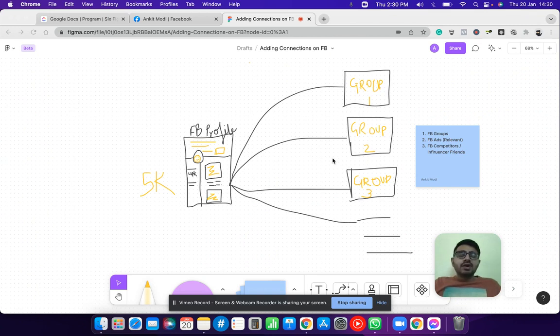But remember that not everybody who joins the group knows about what you have to offer. So if you post on these groups, right, on a consistent basis, and if new people join, then you have a chance of getting engagement from them, and potentially you can add them as your friend, and then maybe you can close them as clients. So there are a lot of variables involved on who exactly will sign up with you. But for now, what I will show you is how to add the right connections on or from Facebook, right?